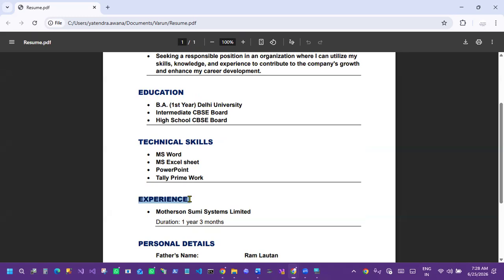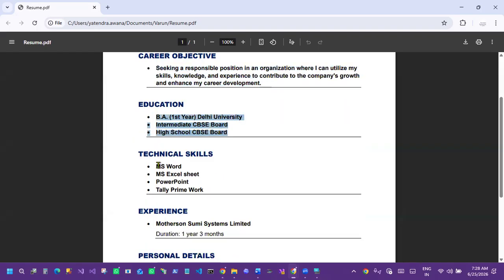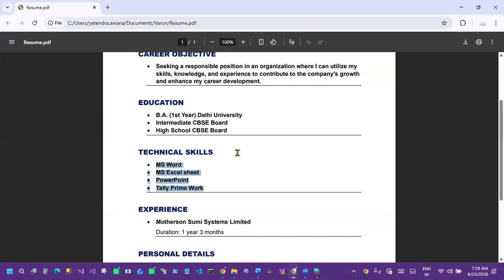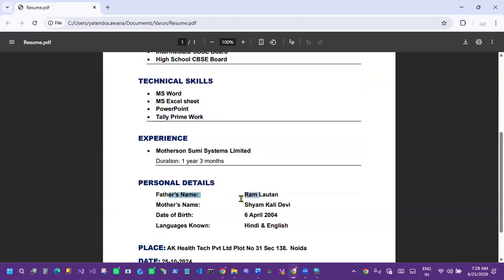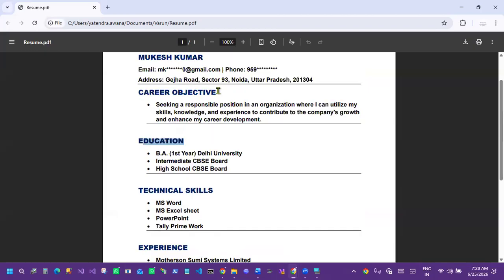You understand or not? Like you can see here, the content of the career objective heading is in the same style as the content of any other heading. This heading is also the same as this one, like font color, font style, font size, and location, everything is the same.